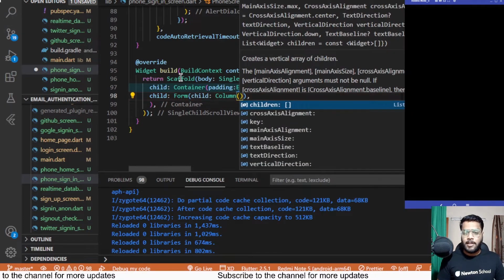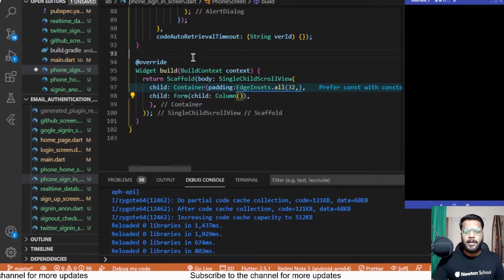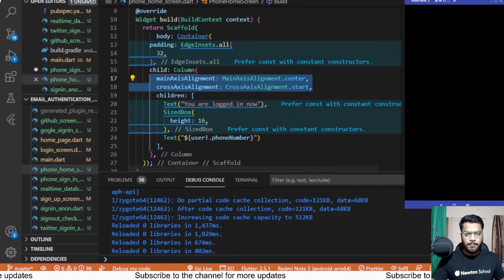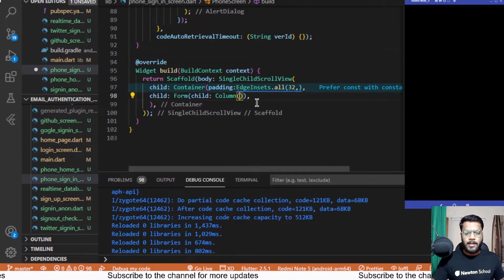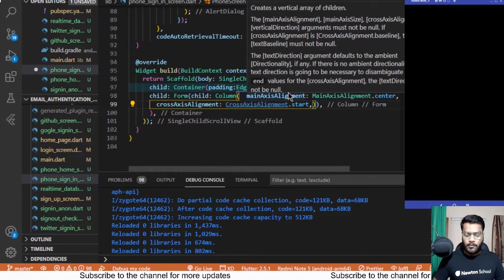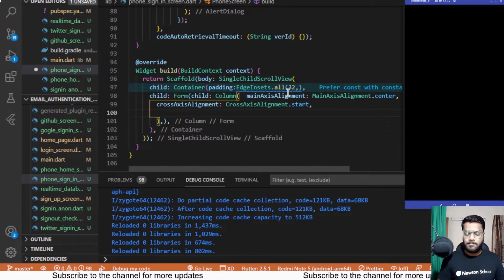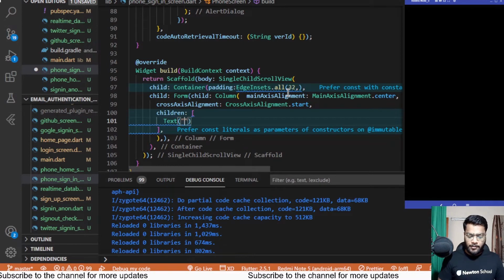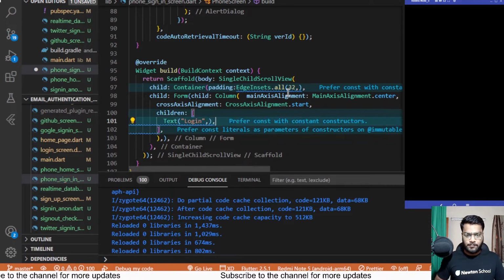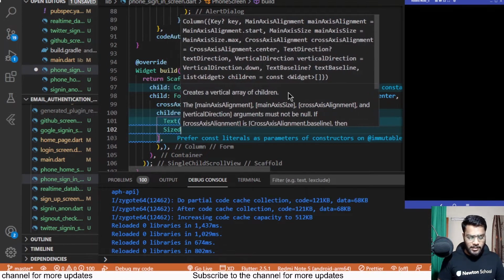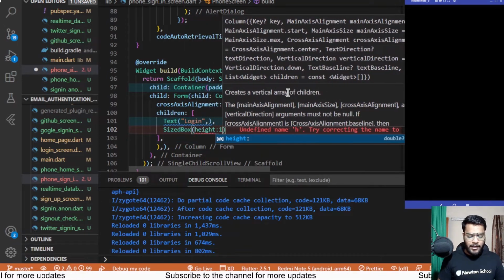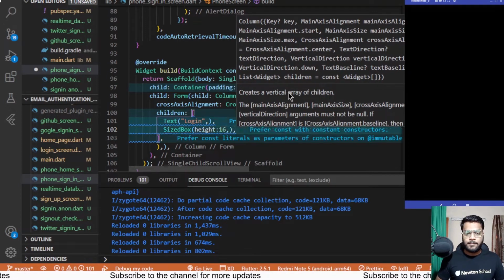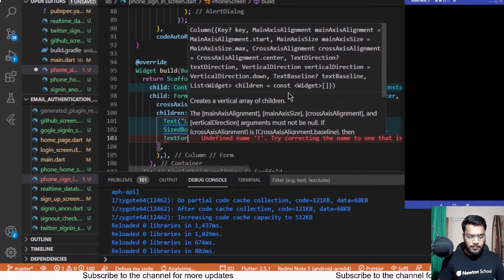And after that we'll be having cross axis alignment and main axis alignment in this column, as we had them over here. So copying them, pasting it again inside this column. And now we can start with the children for this column, which will be having a text at first saying login. Next we'll be having a sized box of height 16, and next another text form field,